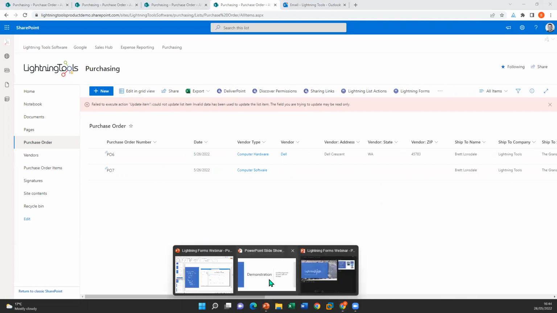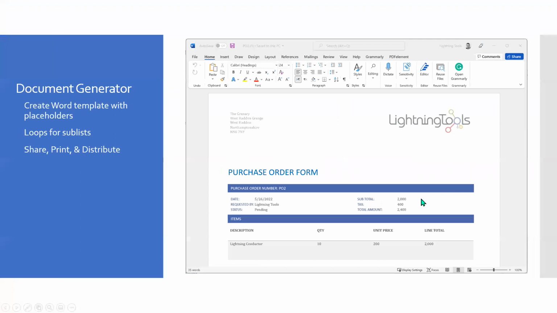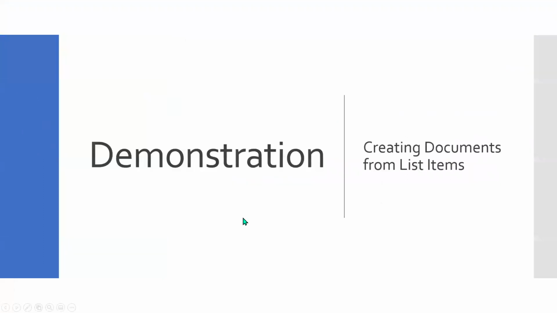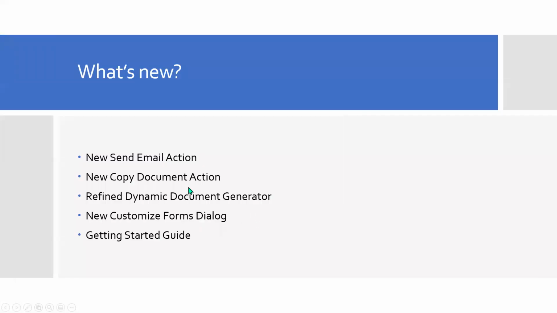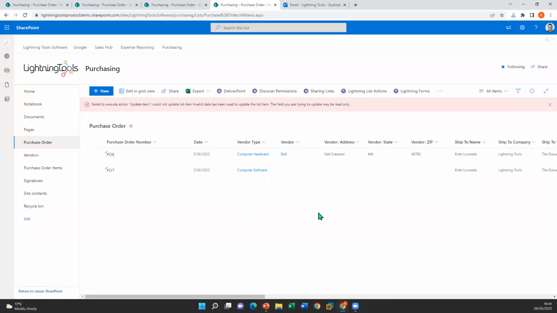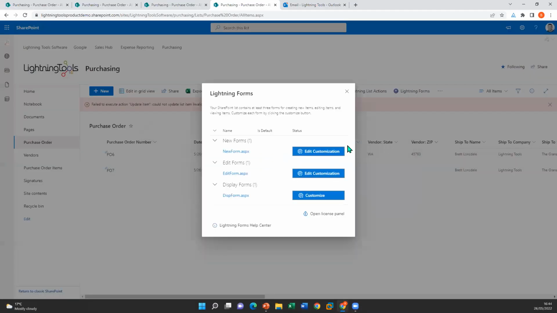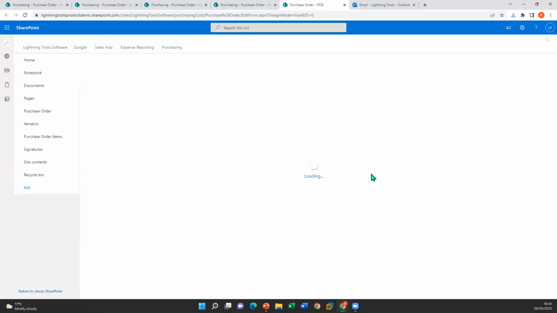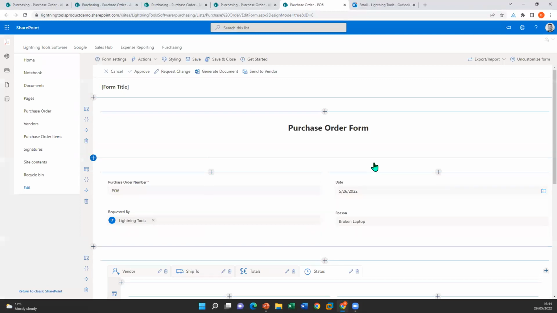Okay, so that is list actions, and we've also seen the document generator. There's one other button that I want to focus on. That's with the send email action, which is a brand new action. So I'm just going to go back into SharePoint for a moment. Okay, and let's load up Lightning Forms, and I'm going to go into the edit form. Okay, and the button that we're going to take a look at is this one here, which is the send